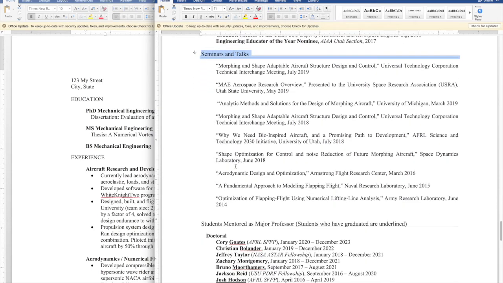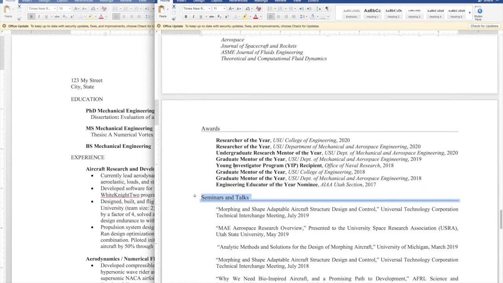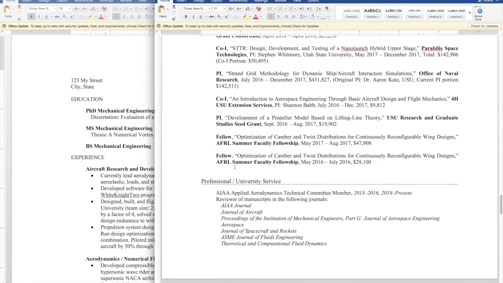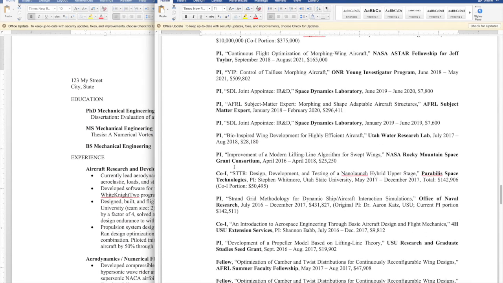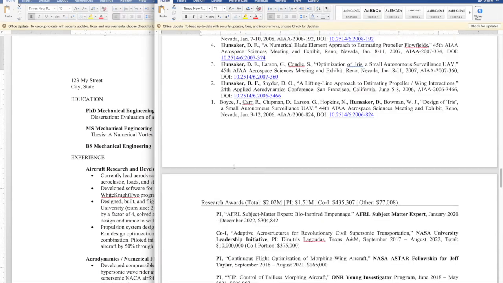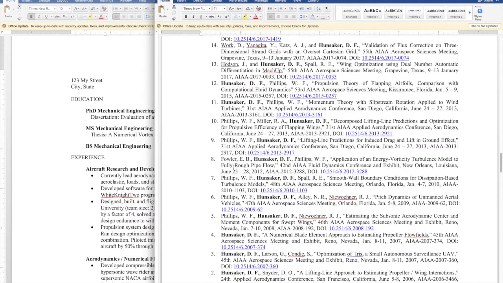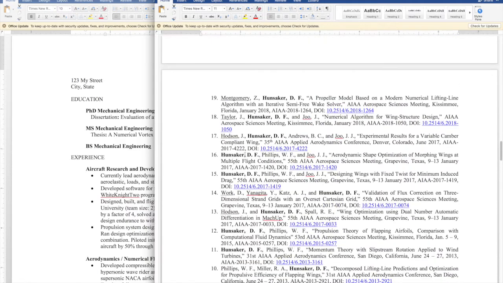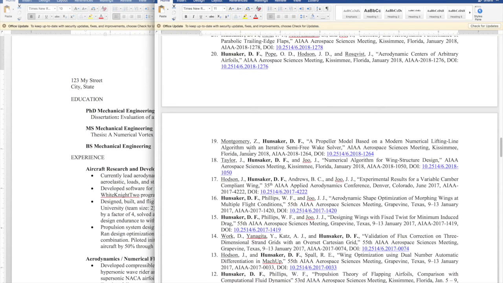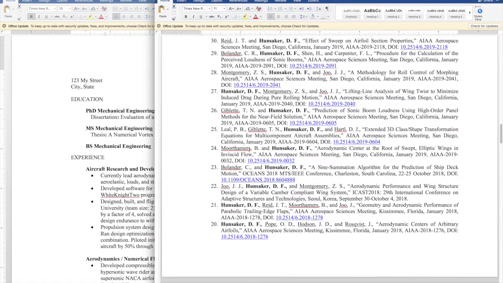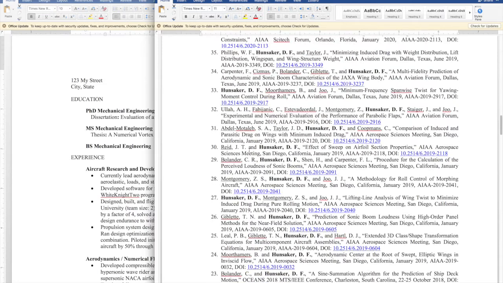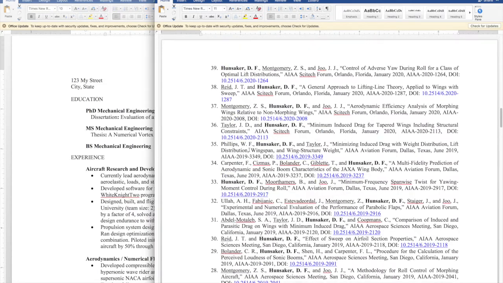And the idea here is that you want to build your resume so that it's very easy to look at, and that the reader can quickly get the feel for how you've organized this resume. Remember, your resume is going to be one of many that they look at, and so you want it to be easy to look at. You don't want them to have to hunt around and put pieces together. You want to tell the story for them.